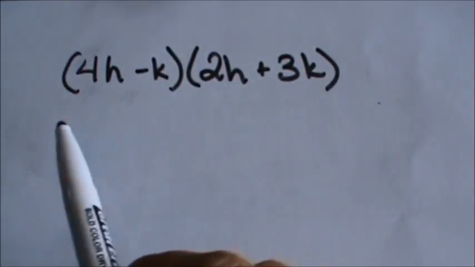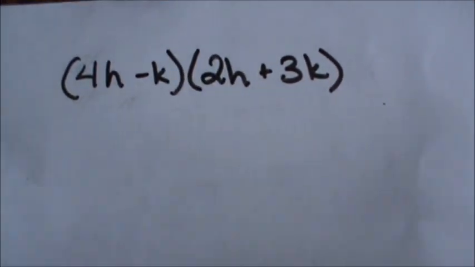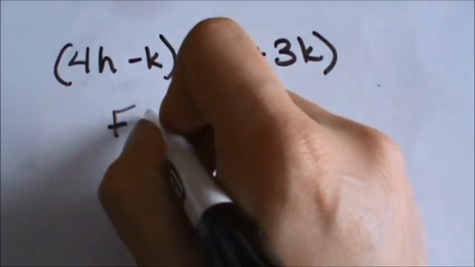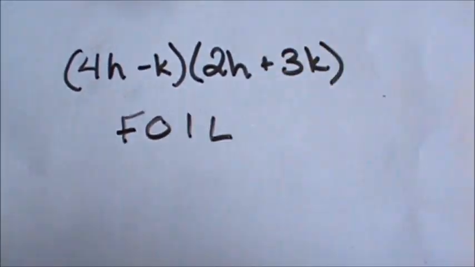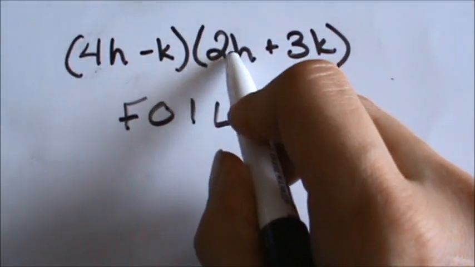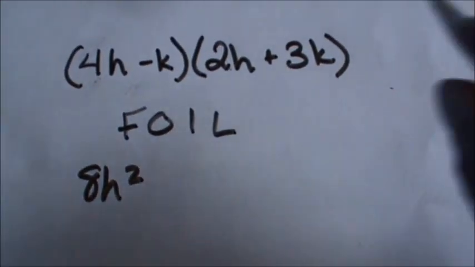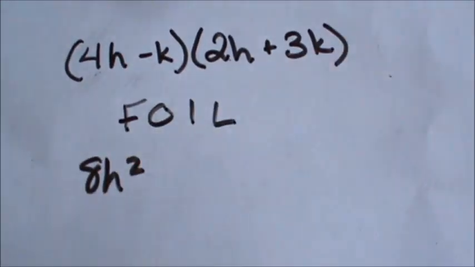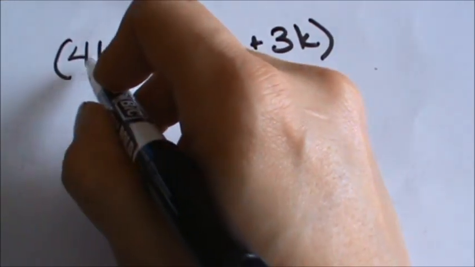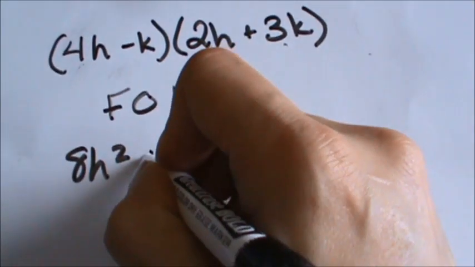Now this problem is much more difficult than the last ones because there are 2 different variables in here. We can still take some shortcuts to multiply this out, but I want to do the whole thing in my head. I'm going to use the FOIL approach. The first term is going to be 4h times 2h. That's 8h squared. That was easy enough. Now instead of combining these together at one step, I'm going to write them separately. So my outer terms are 4h and 3k. That's going to make